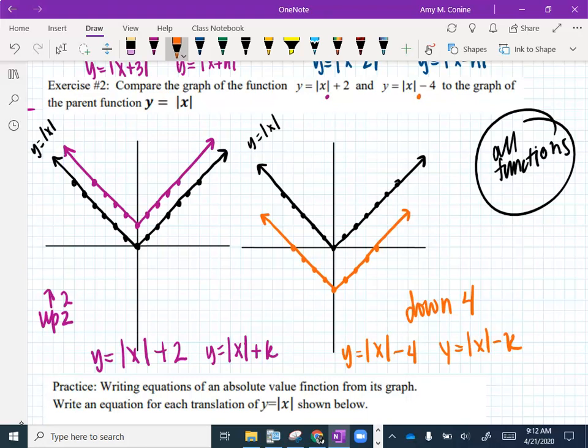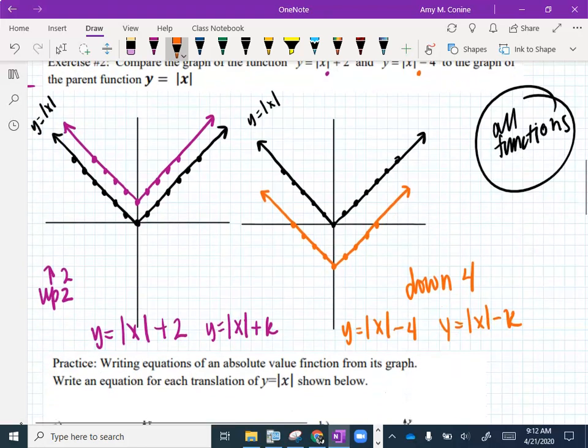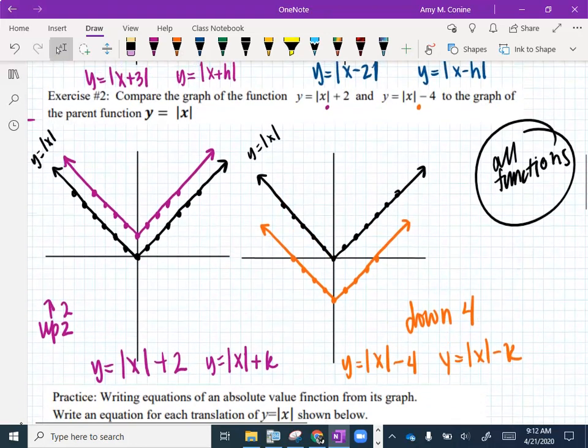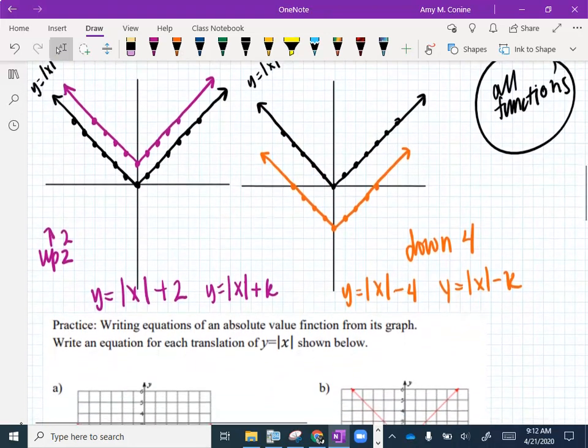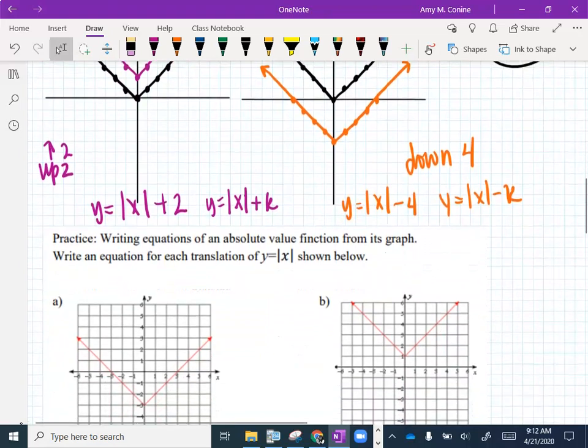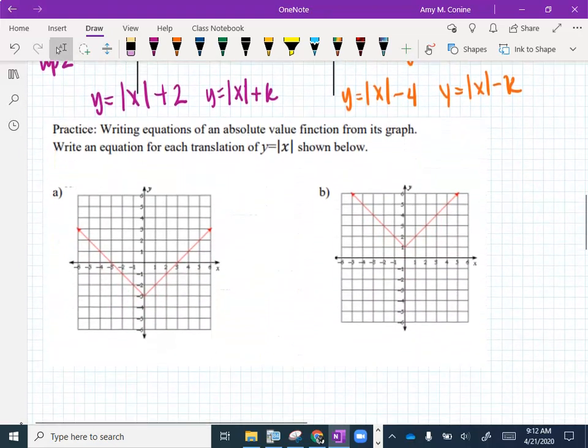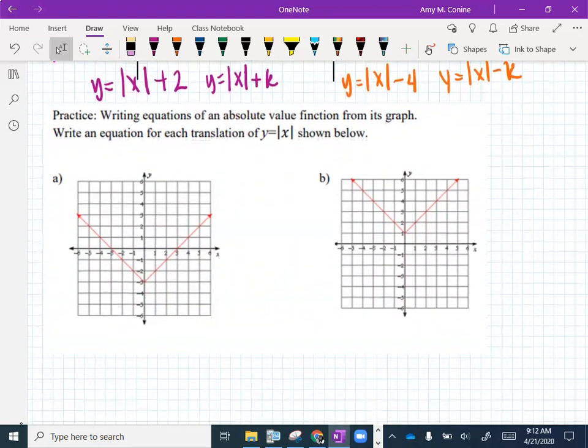So if we had a quadratic, we could do the same thing. If we had square root, we could do the same thing, but we're just doing absolute value because we just talked about it. Okay, so we're going to take a look at some practice. So writing an equation from your parent function given the graph. That's really what we're doing. So we have a parent function, we know it's absolute value because it tells us, and we have a graph that's been moved. Okay, so our parent function is normally here, and it moved